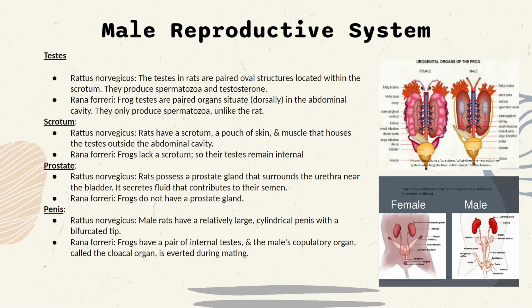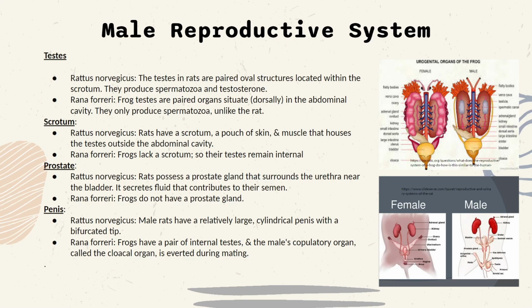In the reproductive systems, we can see many differences, especially between the frog and the rat. Frog testes are paired organs that are situated dorsally in the abdominal cavity. They only produce spermatozoa, unlike the rat. Rats have a scrotum, which is a pouch of skin and muscle that houses the testes outside the abdominal cavity. Frogs do lack a scrotum, so their testes remain internal and